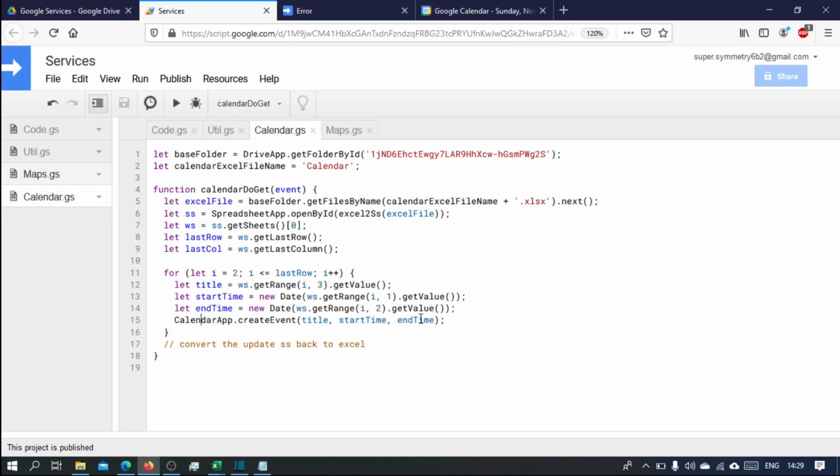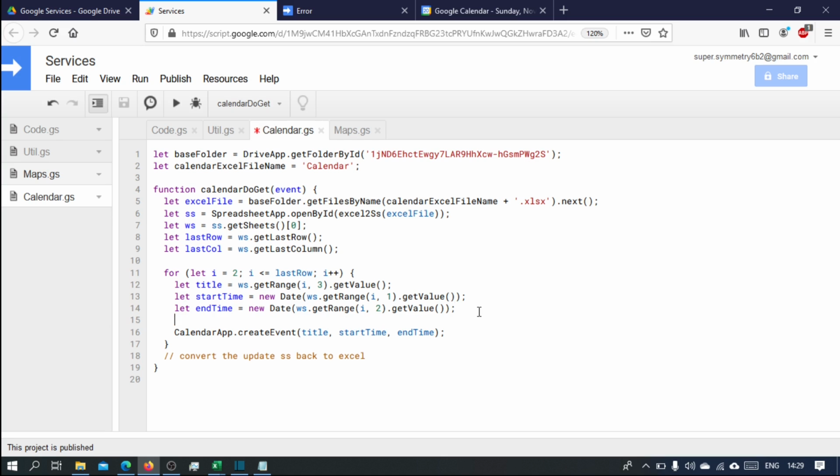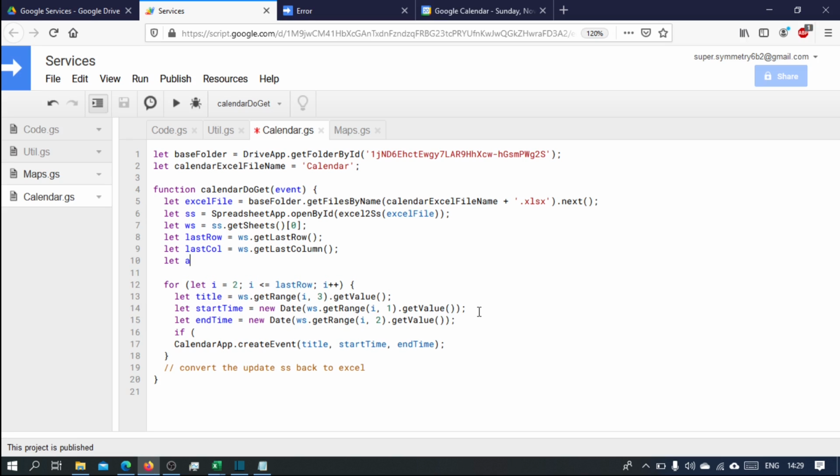Okay, so I want to add an action because the client will be able to either add events or delete the events. So what I will do is, let's take that out. I'll just say let action equals event dot parameter dot action. Okay, so if the action